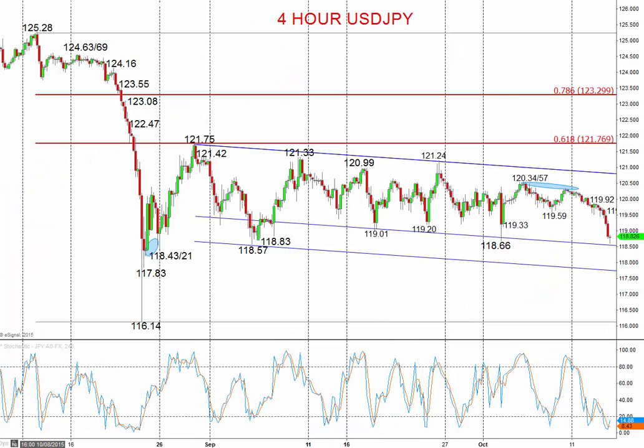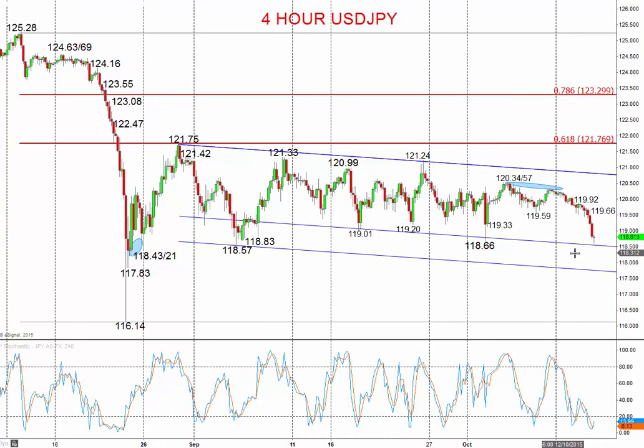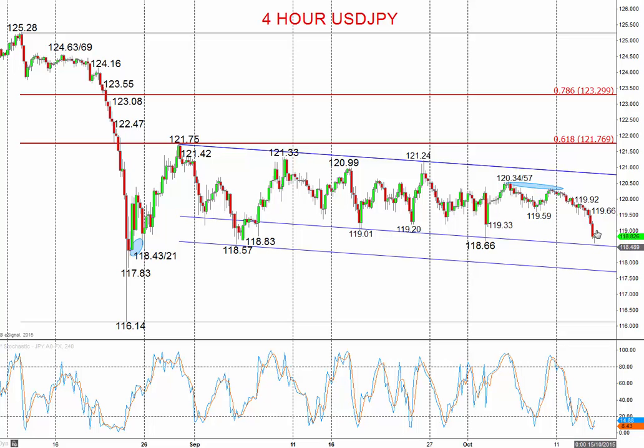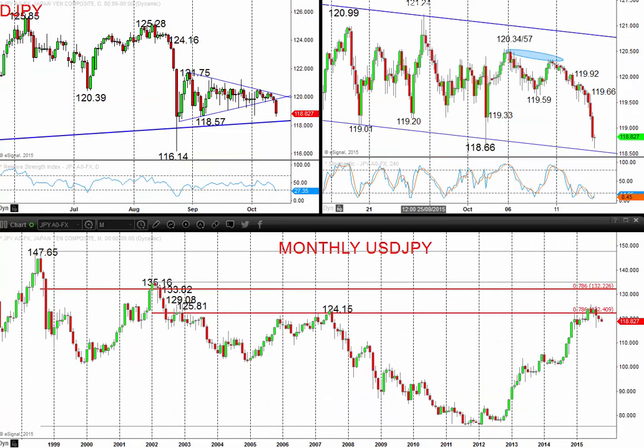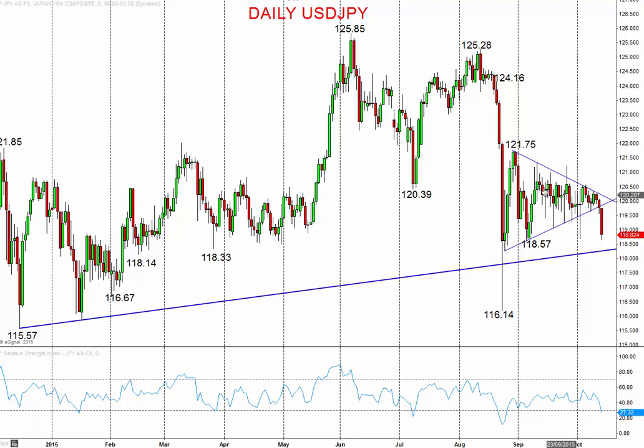Moving on to the US dollar versus the Japanese yen, very much caught in an erratic consolidation phase in here, but beginning to break lower here, as you can see, over the last 24-36 hours. If we zoom out to the daily chart, you can see the market caught within this consolidation pattern, but breaking lower out of that consolidation pattern to reinforce negative pressures from this whole August sell-off that we saw that wiped